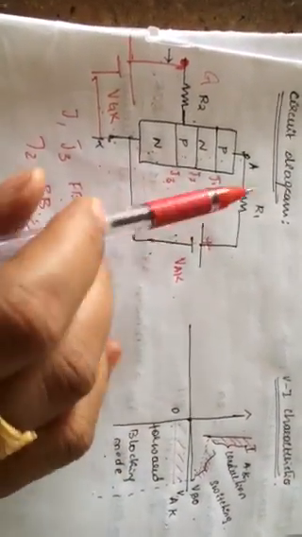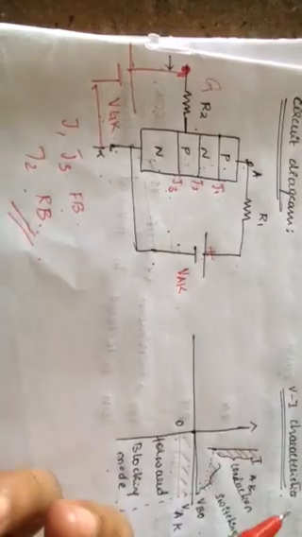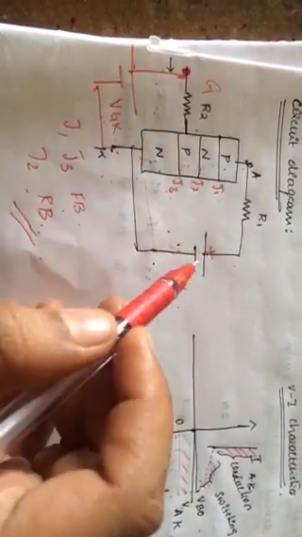So this is about the forward characteristics or the forward VI characteristics, when you apply anode as positive and cathode as negative. Now what happens if we apply reverse biasing? That is, anode is applied negative and cathode is applied positive. Let's see that explanation. So these are the three modes that I explained now, that is forward blocking mode, forward switching mode and forward conduction mode. Now I am going to explain about, as I already told, the gate has no control once the SCR is triggered.